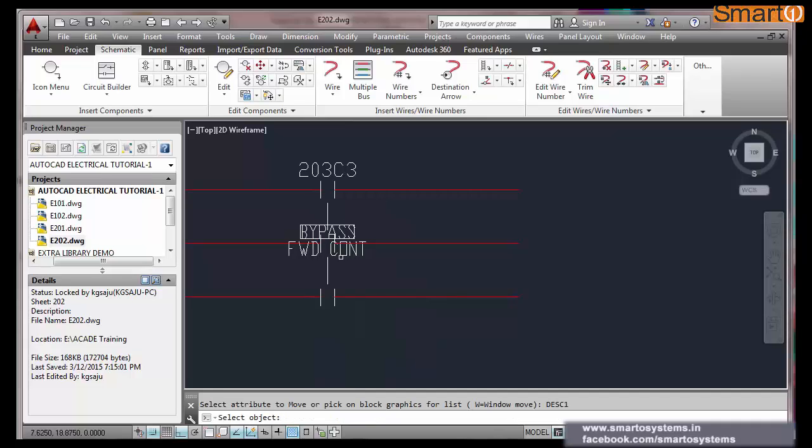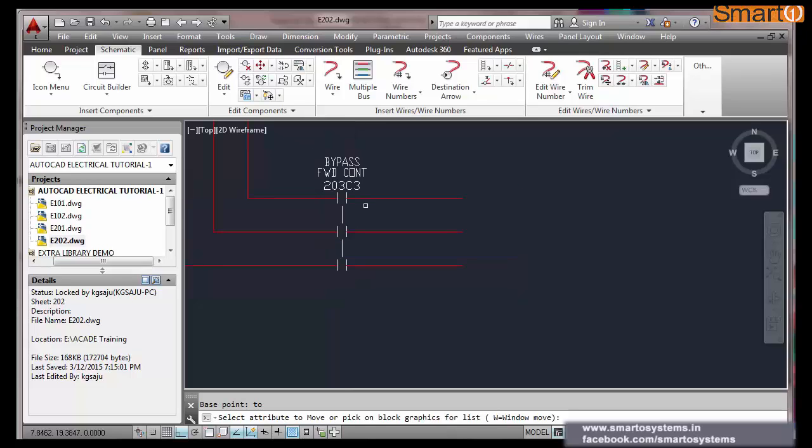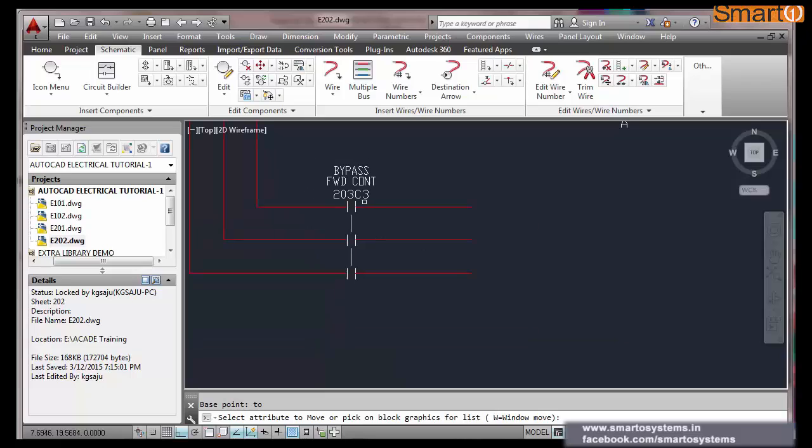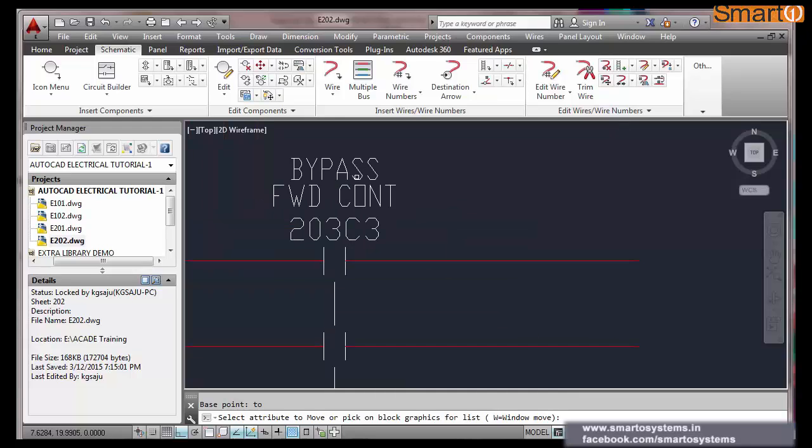This positioning of these things comes in this way, I mean coming in the bottom, because while making the symbols I made a few mistakes. That's why it is coming like this. So once you find this is not coming into proper position, you just have to remake the symbols.